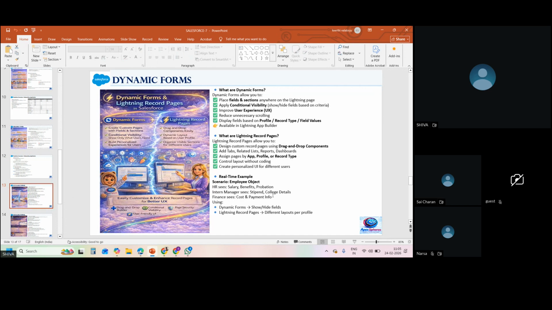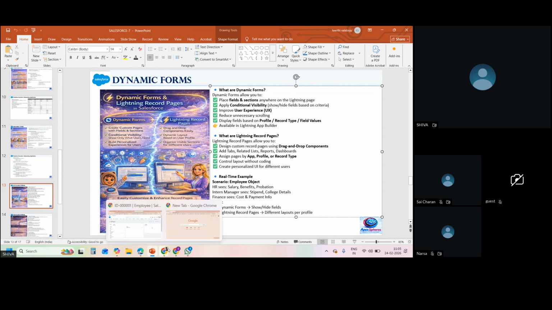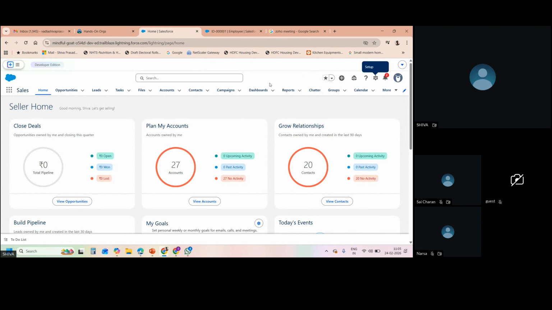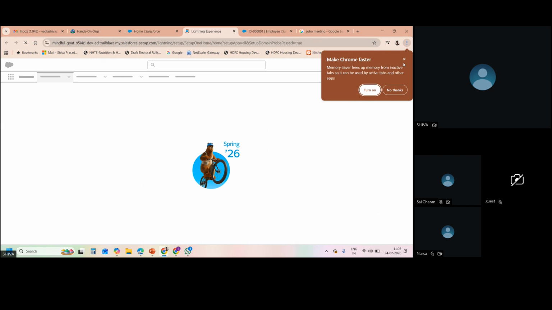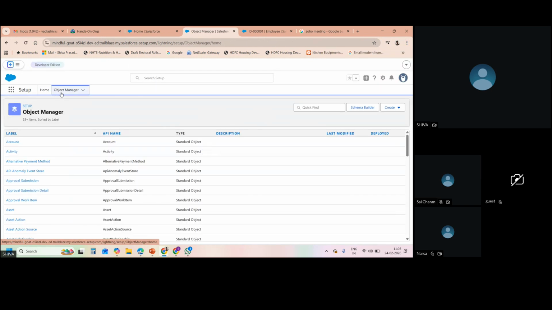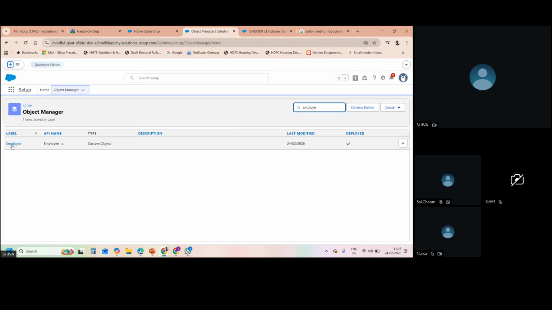Dynamic forms. The next topic is dynamic forms. Let me go and give an example, and then we'll come to theory. What are dynamic forms? Dynamic forms are responsive layouts, which were introduced by Salesforce in recent releases, in 2023. For the employee